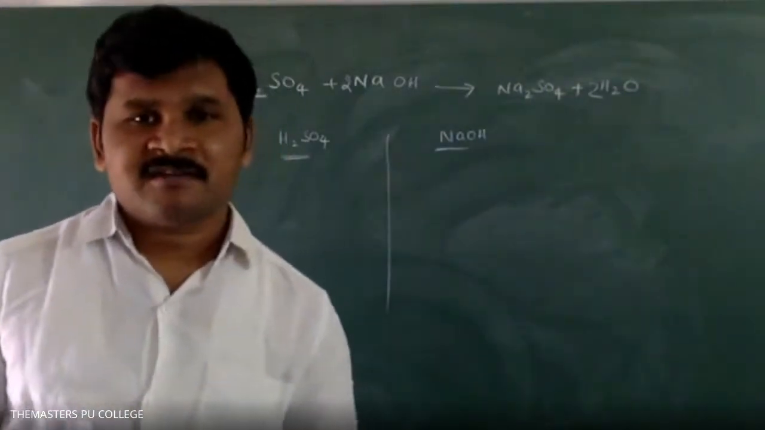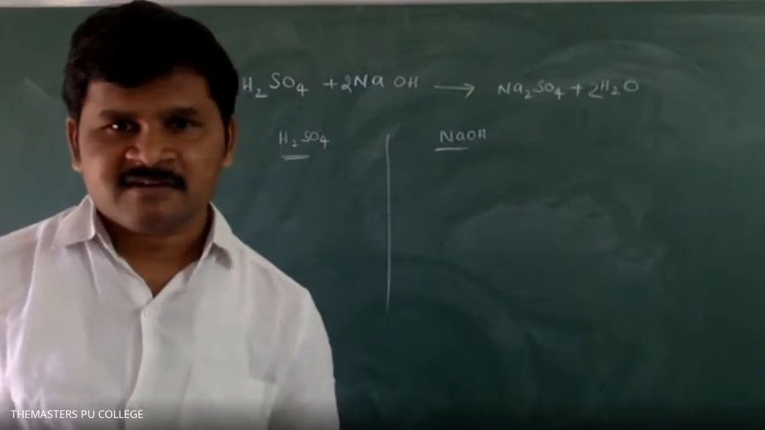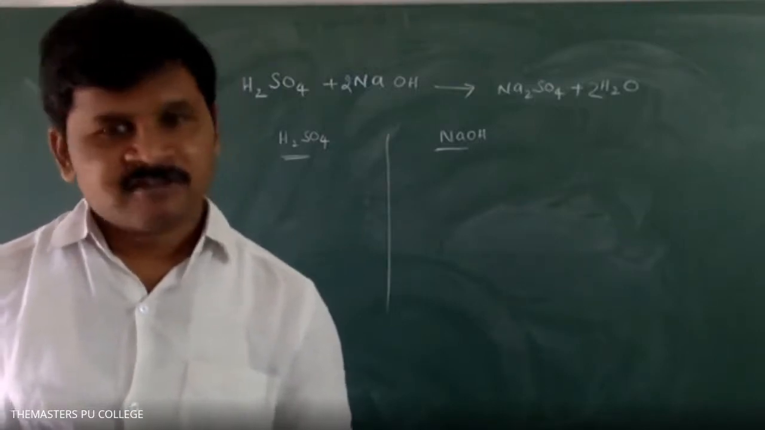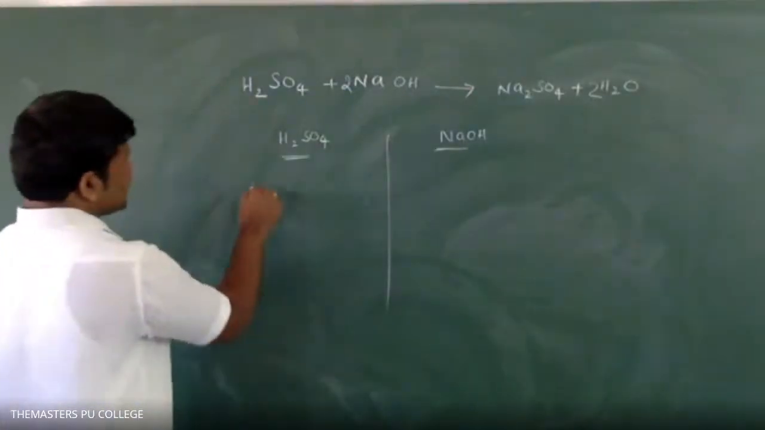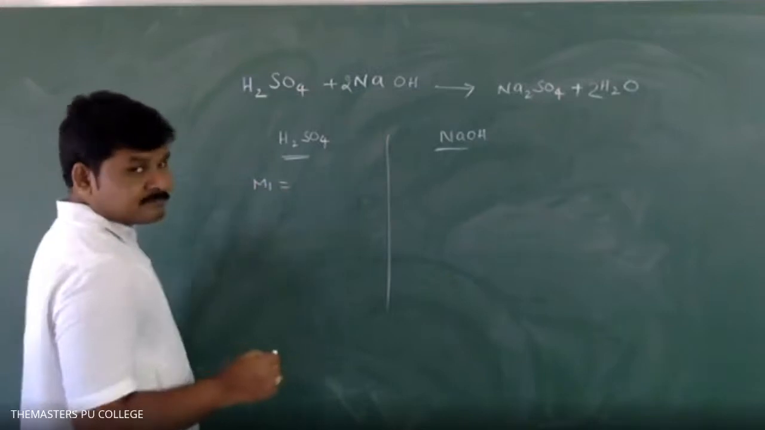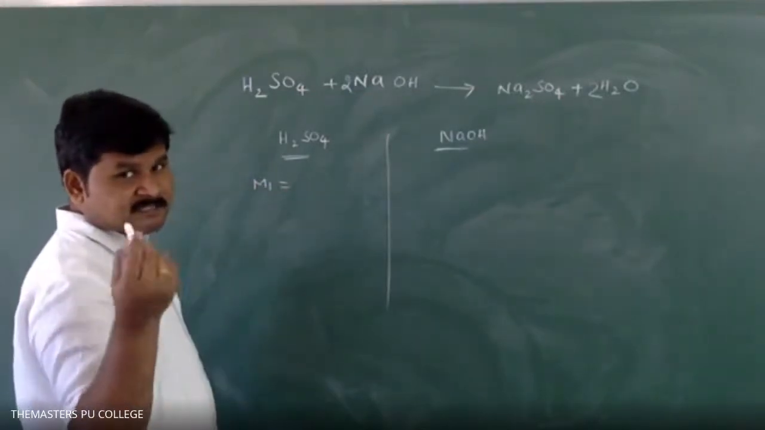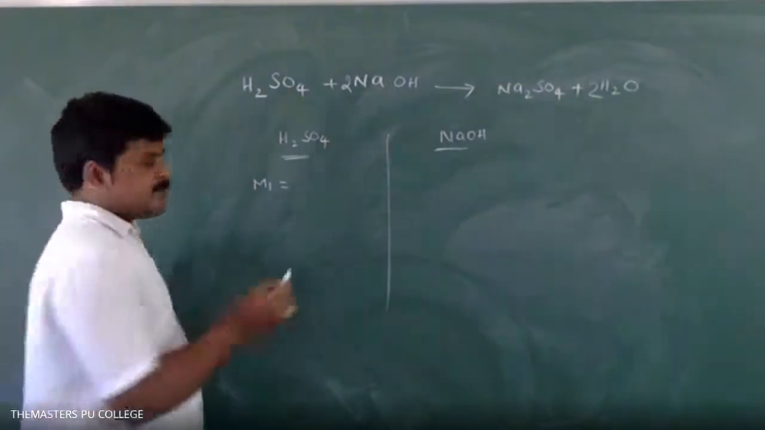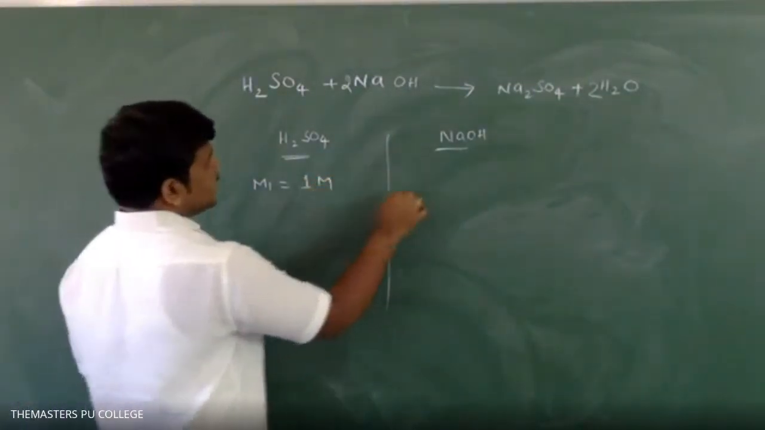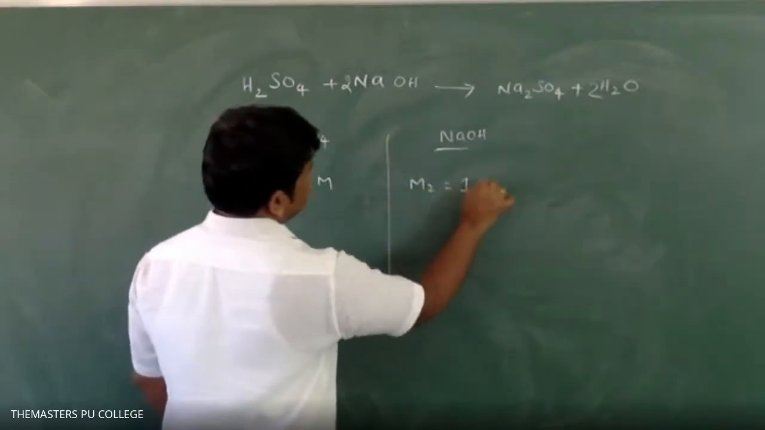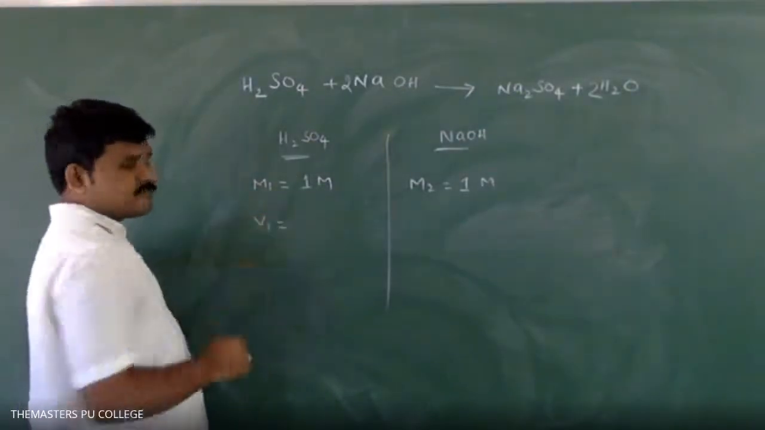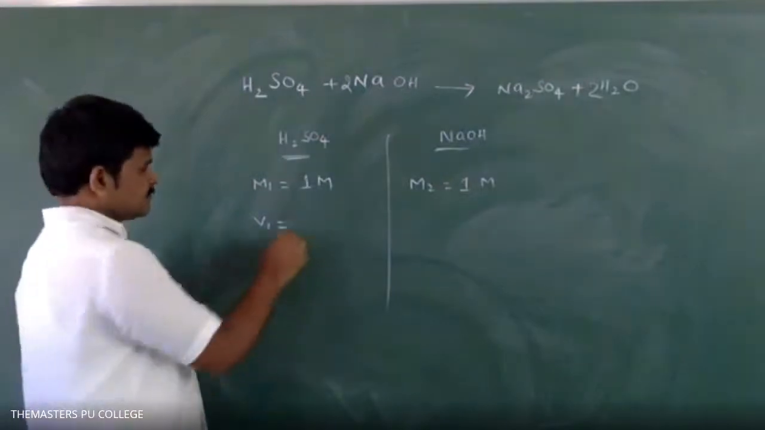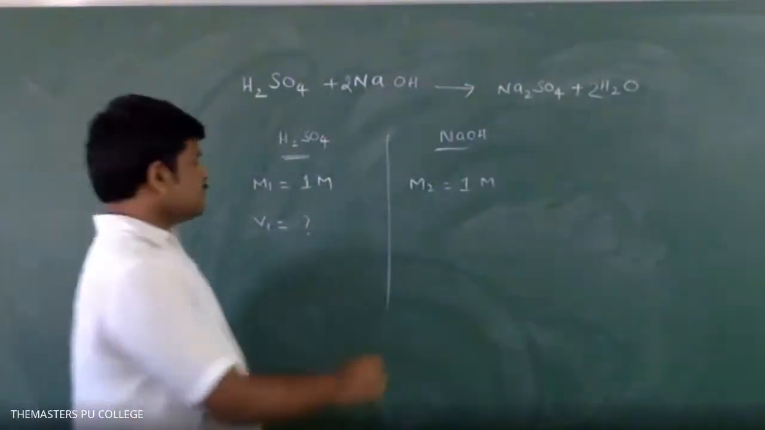What is the formula of molarity relation? Yesterday I told you, M1V1 by N1 is equal to M2V2 by N2. Is that right? Yes, sir. M1 next: what is the molarity of H2SO4? One. Next, what is the molarity of NaOH given in the question? One. Next, what is the volume of H2SO4? How to calculate? Next, V2 is equal to